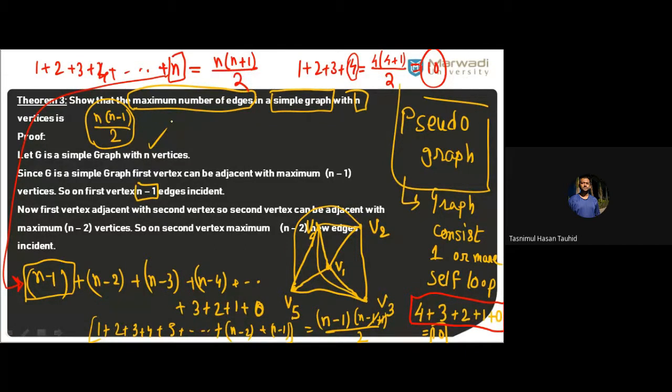Starting from n minus 1, work for V1 completed, go for V2. For V2, the possibilities are n minus 2. Work for V2 completed, go to V3. For V3, it's n minus 3, and so on. At last, we get the last vertex V5. It's a totally relaxed vertex, no responsibility. All the other persons completed their work. He just enjoyed and earned the money.